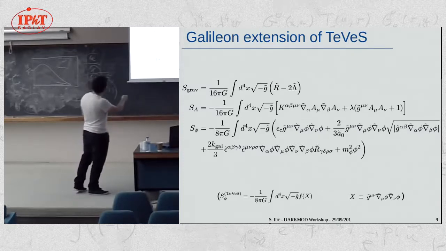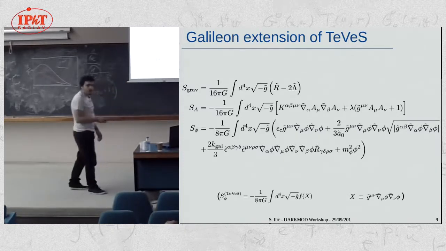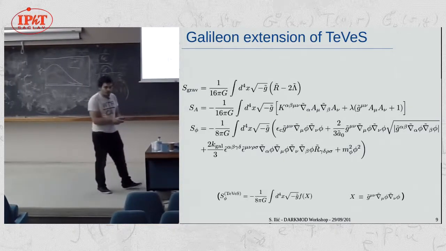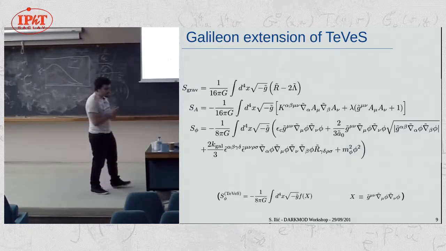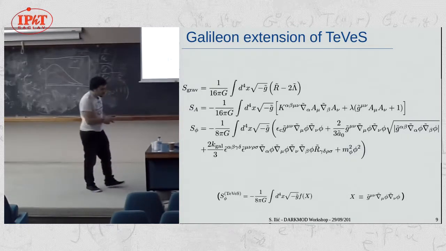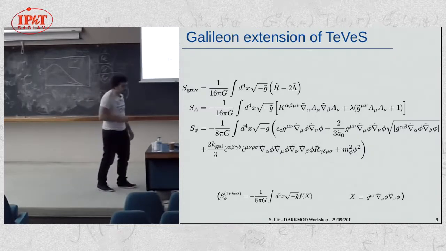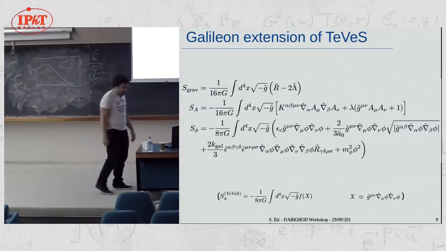The third term, which is proportional to k-gal, is an example of the so-called Galileon Lagrangian of the Fab Four scalar field models, and it has the effect of suppressing the additional force from the scalar field in high curvature regions. And finally, one last term, a mass term for the scalar field.